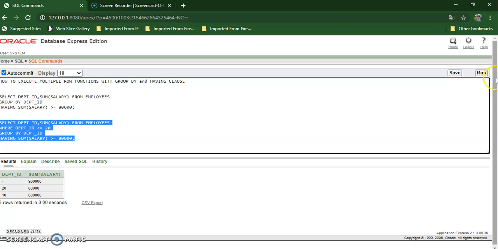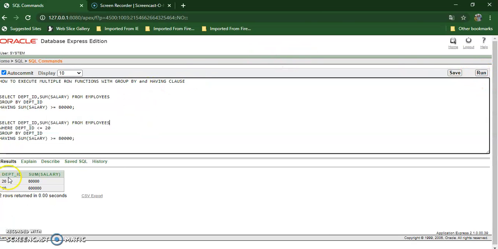So if we execute this statement, you can see department ID is less than or equal to 20, so both records match the condition. And the sum of salary is greater than or equal to 80,000, so both records match this condition also. So this is how we can differentiate the where clause and the having clause.